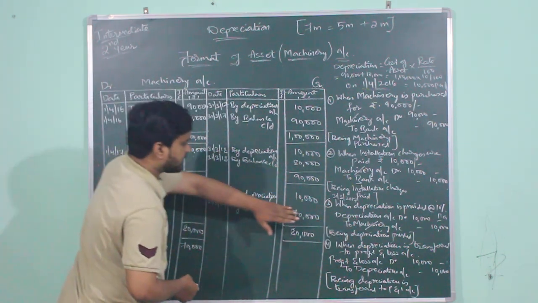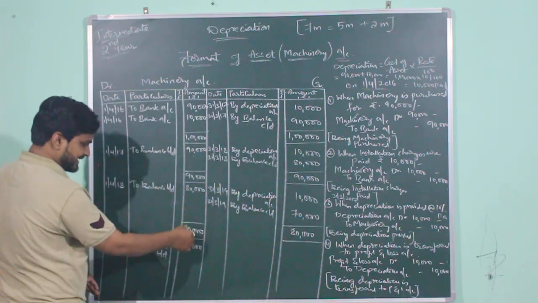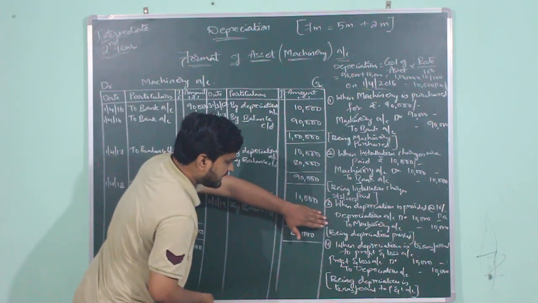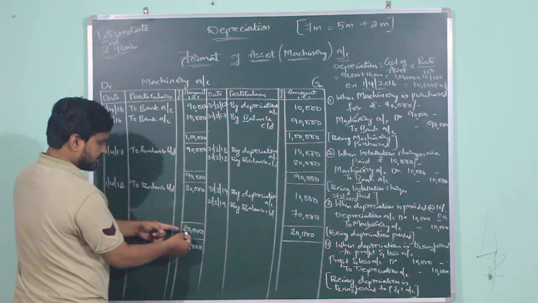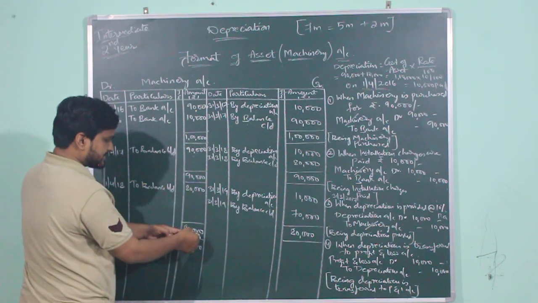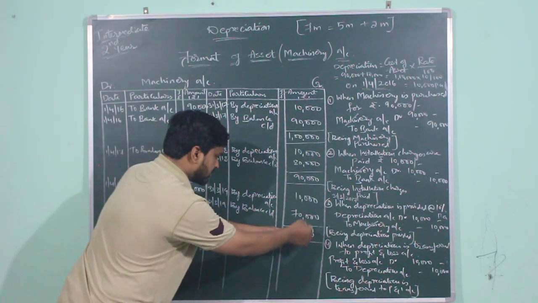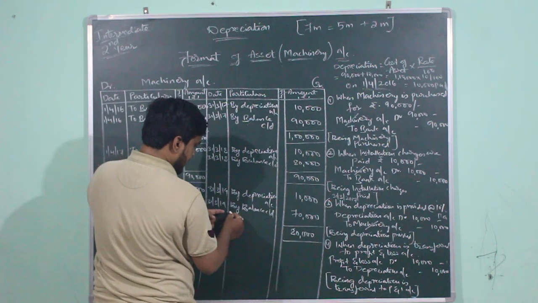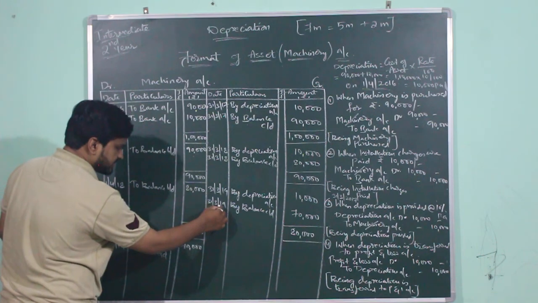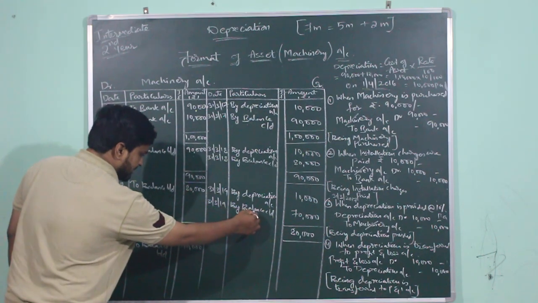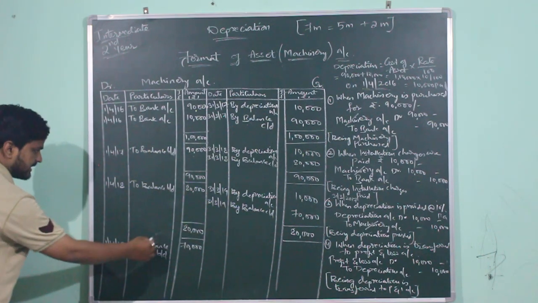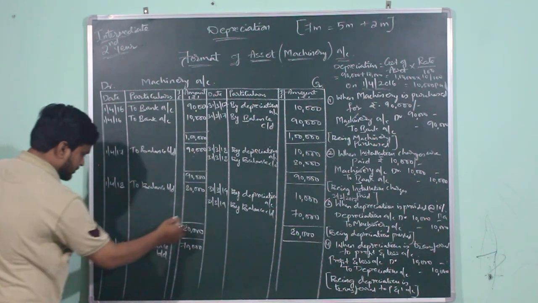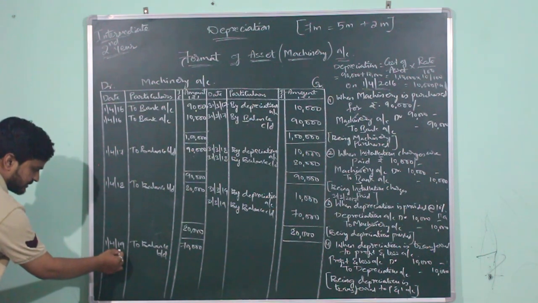So now again we are going to balance the account. Here the total is 80,000 and here the total is only 10,000. So what is the highest total? 80,000. 80,000 will be recorded on debit side as well as 80,000 will be recorded on credit side, and the difference amount is taken as 70,000, which will be recorded as by balance carried down on the date 31st March 2019. The same amount will be immediately brought down to next year and the date will be after 31st March 2019. The date will be 1st April 2019.